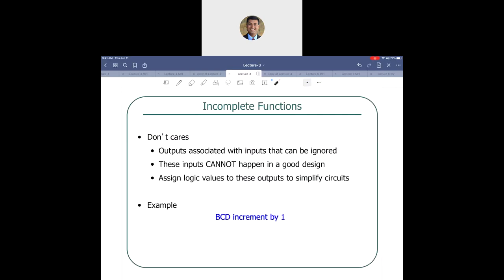Now we have talked about cases where we have an output of 0, an output of 1, but there could be also an output for which the designer, the user, doesn't care whether it is 0 or 1, on or off. Those particular conditions are called don't care conditions. Those are also called incomplete functions. So don't cares are when the outputs associated with certain input conditions can be ignored. So for example,